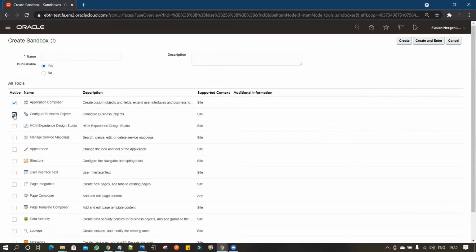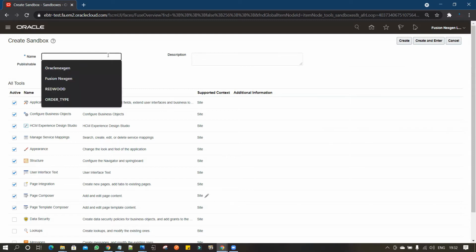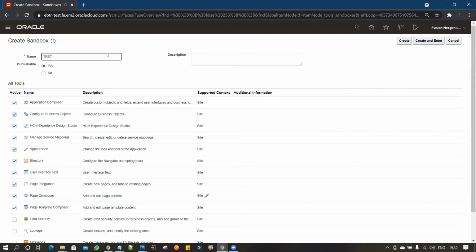We'll add the objects, the tools. So I enabled the tools. Let me type the name, test, and the description, test. Now I will click on create and enter.